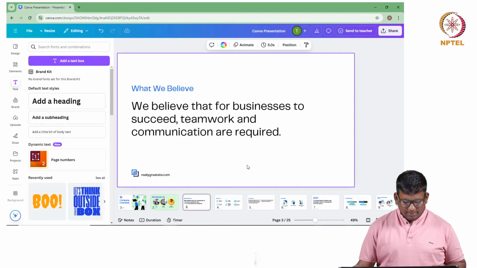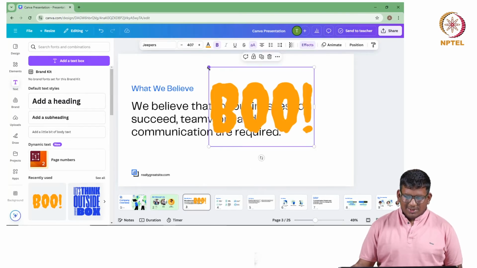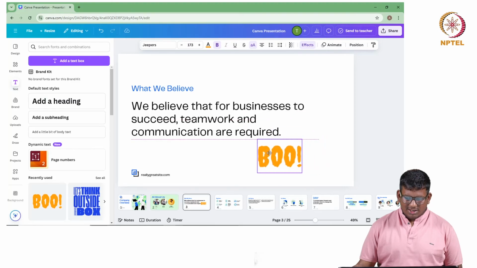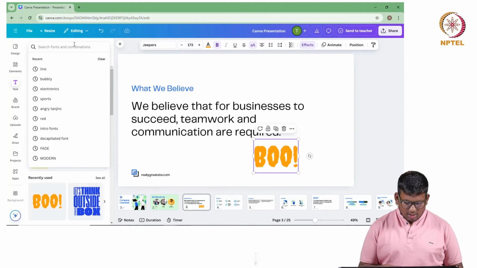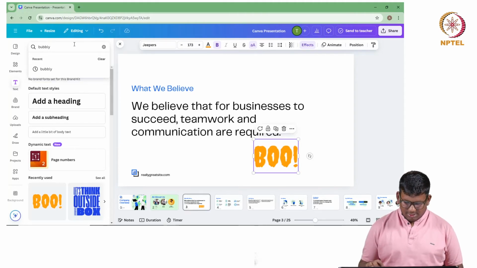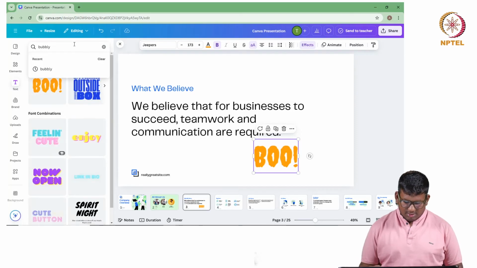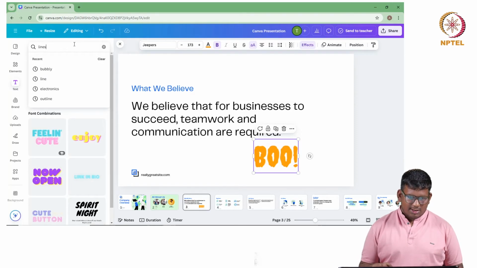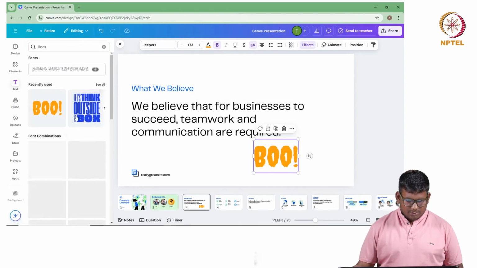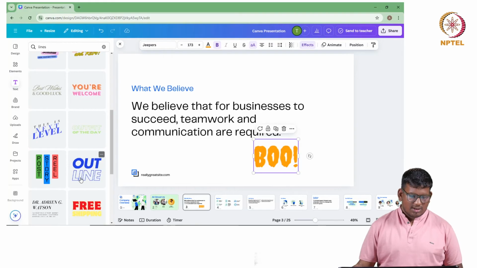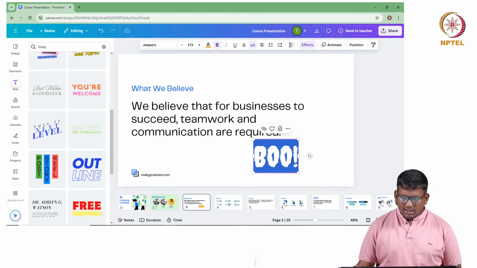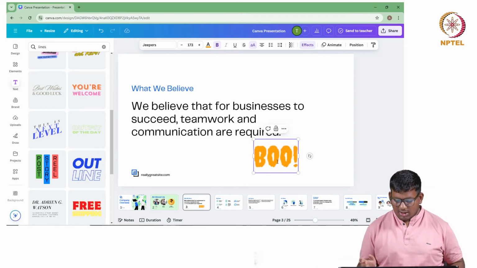Yeah, I mean, this is a formal one, but you can use any type of these text designs that are available here. You can type anything like bubbly, or you can go with some lines. So these are some curved lines. You can go with some bold fonts and all. There are pretty much many designs available, and you can edit the text also. Like this is basically a font style, so you can edit the text also.